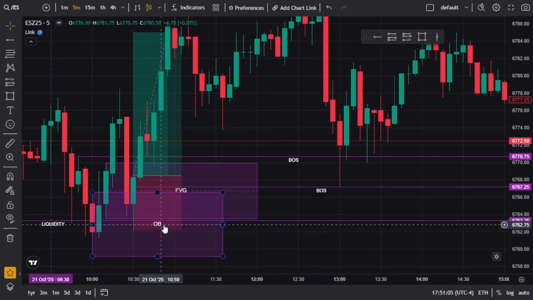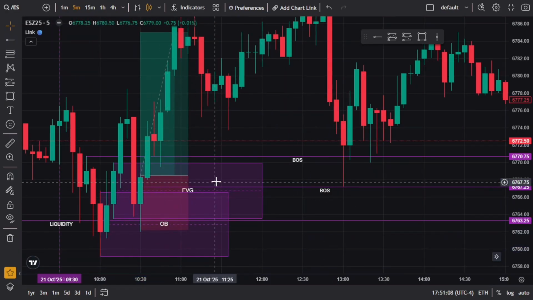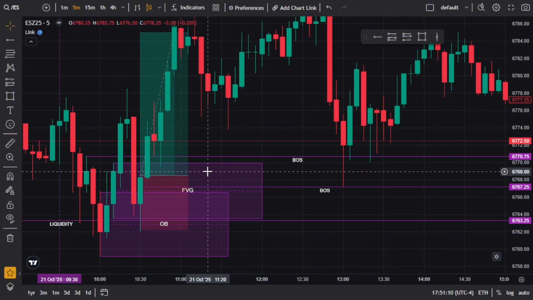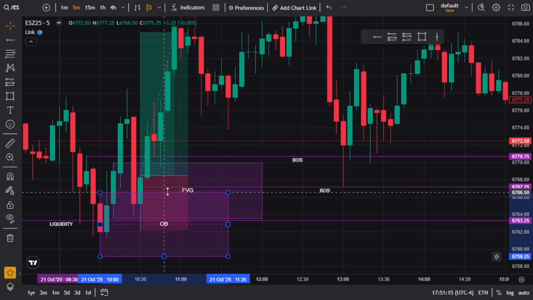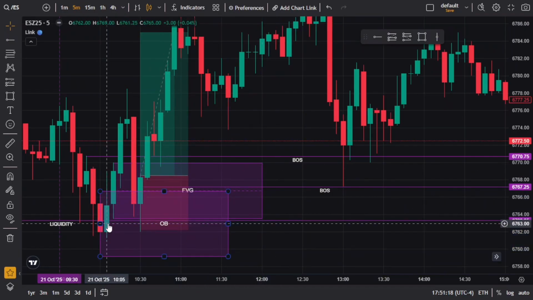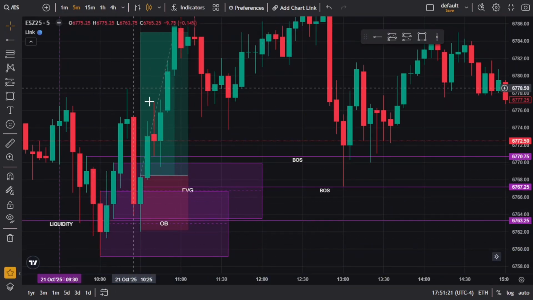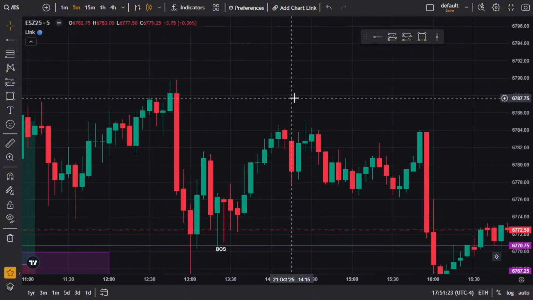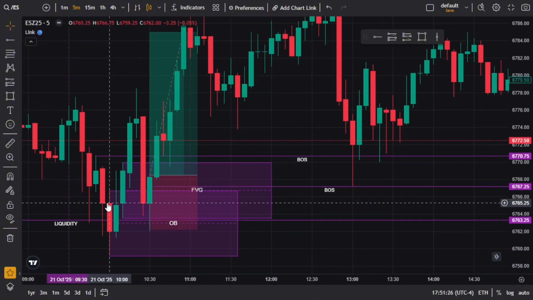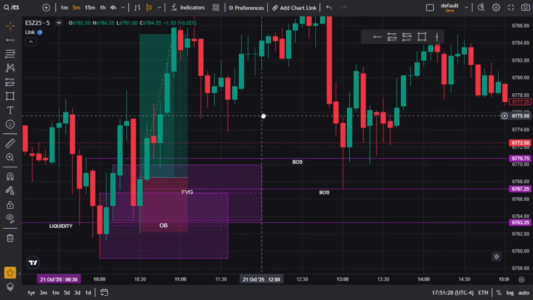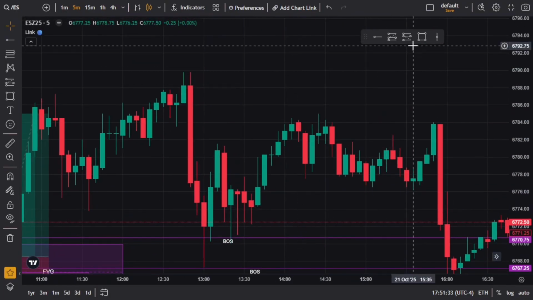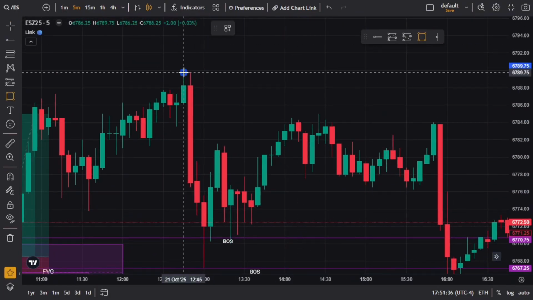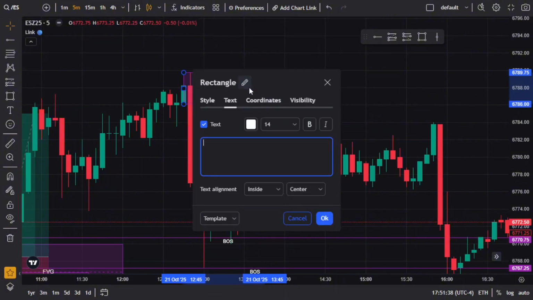After you mark these out, you should always mark out your order block. And your fair value gap will always come after your order block, because an order block is basically where a bunch of banks and a bunch of people placed a bunch of orders, and it was this candle before a bunch of move up, right? So how do we check that? On an uptrend, it'll be a red candle before a bunch of green candles, a bunch of move ups. How do we check that on a downtrend? It'll be a green candle before a bunch of move downs.